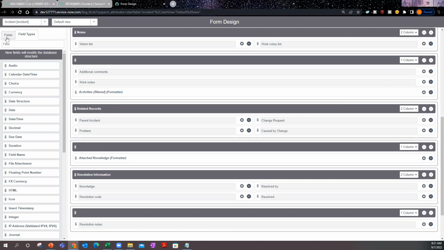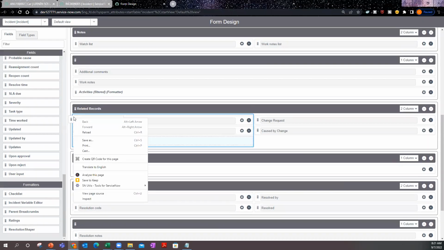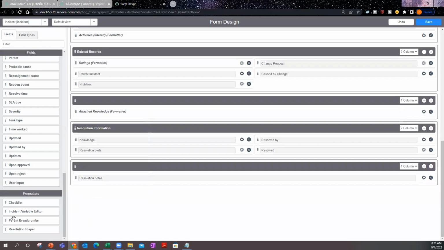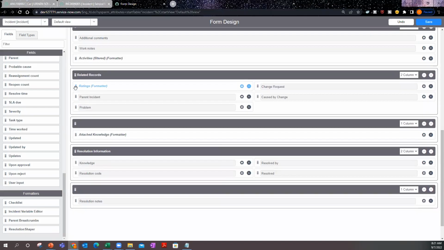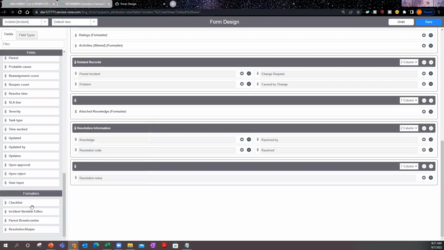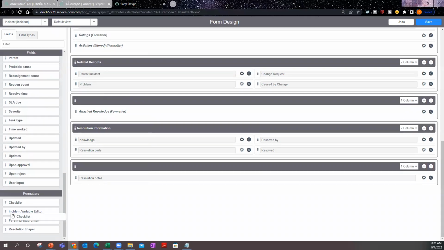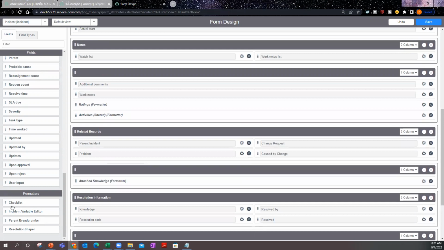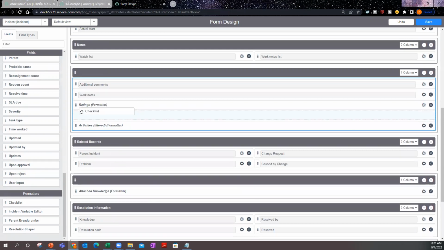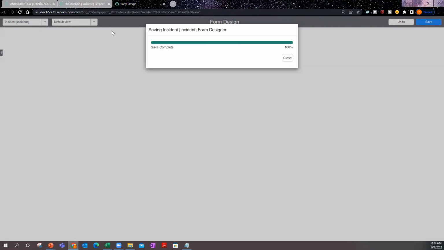Suppose you want to add a new formatter, that also you can do, like a rating. If you want to add rating here, where is the rating? Here, rating, right? You can put rating here. This is the new formatter. Formatter also has types. Can you see it? Checklist. Yeah, I can put checklist here. I don't want it actually. Yeah, checklist also you can put. Now, if I save it, I'll show the